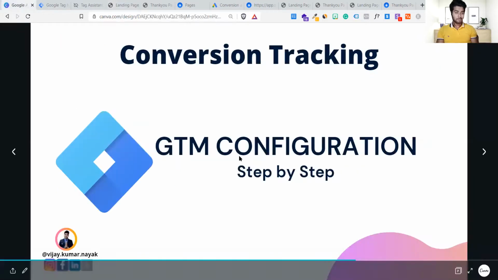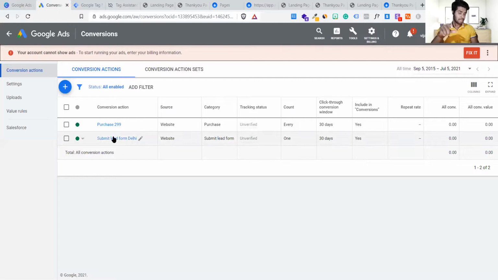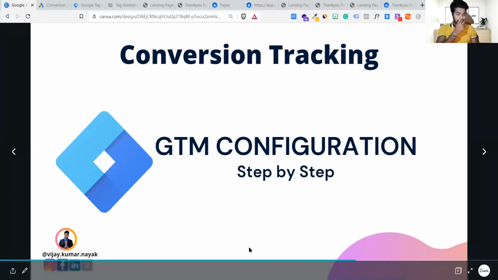And we are done with this conversion tracking, which is super important for our Google tag, because if this is not getting tracked, you will never see any kind of result. That is super important to track these Google lead forms and all. Got it? So are you guys clear that whatever we have covered right now, it was fun to watch, of course, and also interesting stuff under this Google Ads manager.